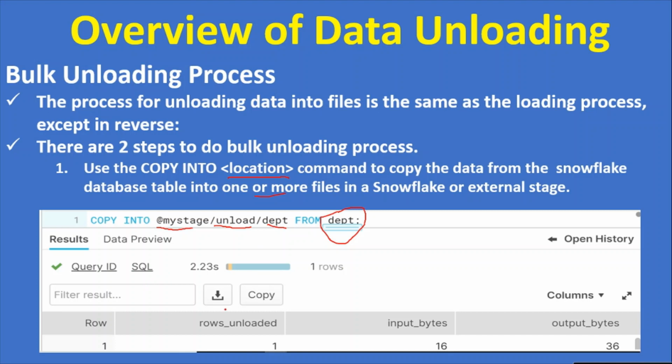After executing this, this would be the output. Rows loaded is 1, because this department table had only one row at the time of executing this query, along with input bytes and output bytes.